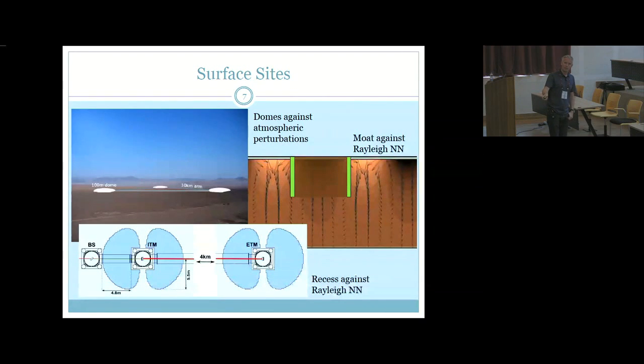Against seismic Newtonian noise, there are two schemes proposed a long time ago, in one of the first Newtonian noise papers by Kip Thorne and Scott Hughes. They proposed moats. So you would dig moats around your test masses, deep enough so that the incident surface waves would be reflected again from the moats. And so you would have a quiet zone inside here. That is a quite nice idea.